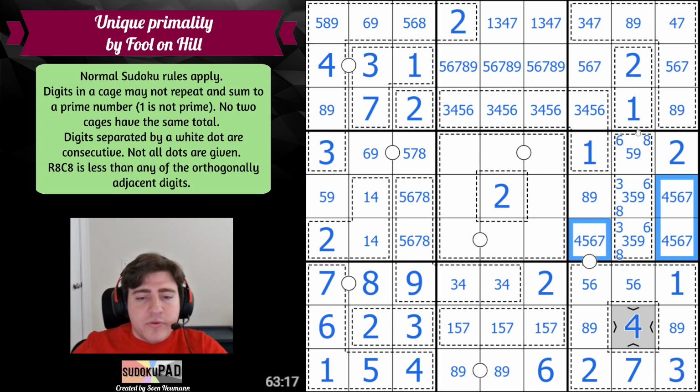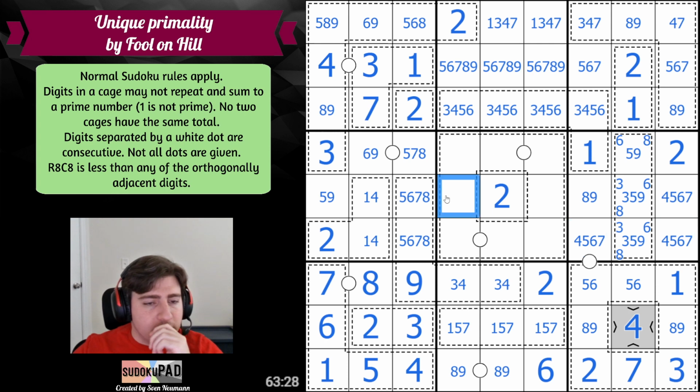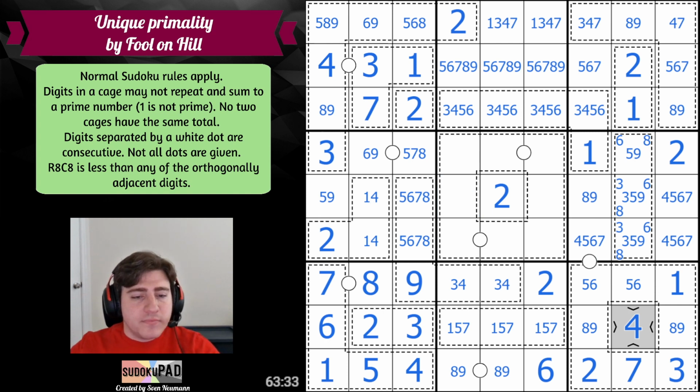It's either 5, 9 or 6, 8. I'm like completely stuck. I pencil mark pretty much everything except for the center box, which maybe it's the center box with these consecutives that I'm not considering, but